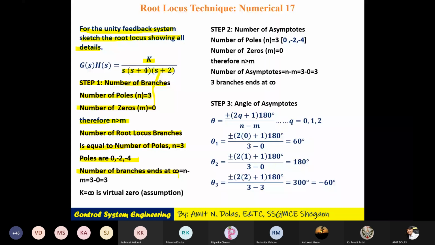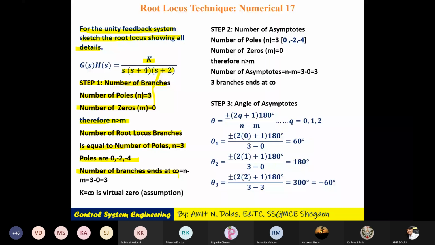So one breakaway point you get, S1 is equal to minus 0.84. Another you will get is minus 3.15. Okay, there are 2 methods. Put this into the k equation. If you get a positive value, of course it is valid. If not, it is invalid. Or whenever you are plotting the root locus, see whether these points lie on the root loci or not.